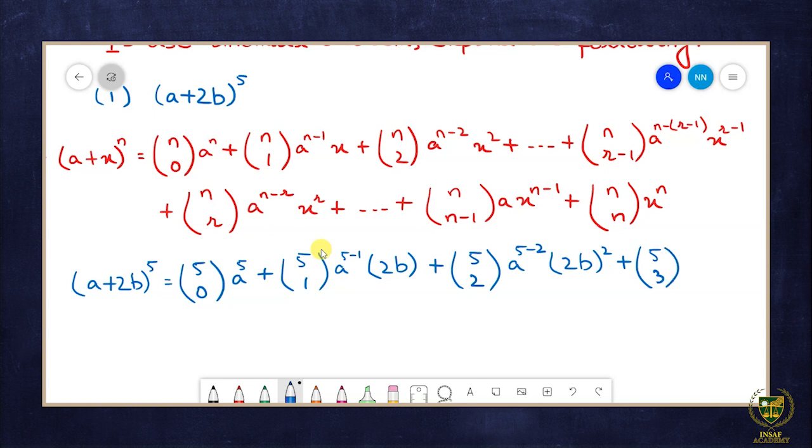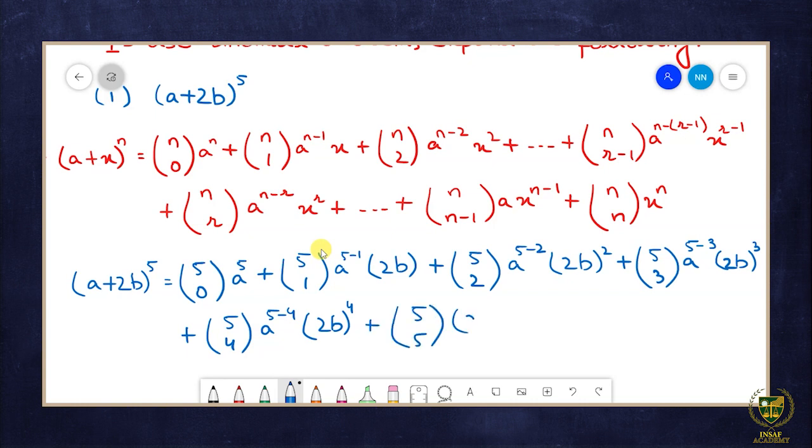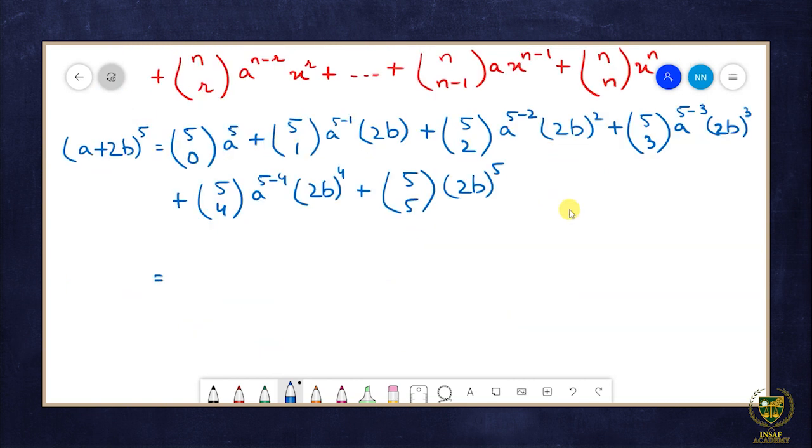5C3 into a raised to the power 5-3 into (2b) cube plus 5C4 into a raised to the power 5-4 into (2b) raised to the power 4 plus 5C5 into (2b) raised to the power 5. This is equal to 5C0 into a raised to the power 5 plus 5C1 into a raised to the power